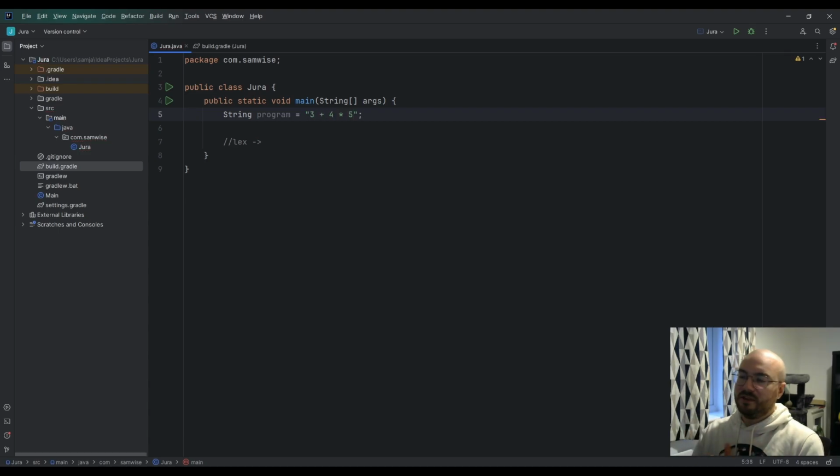This isn't a program, but this is usually how I start with making a programming language, is I make a simple expression evaluator first, because evaluating expressions is kind of at the core of most languages, especially the kind of languages that we're going to be making here. And it really stress tests your parser, because when you parse this, you can't just parse it left to right naively. You have to understand precedence. So if you just did this left to right, you would get 3 plus 4 is 7, and then times 5 is